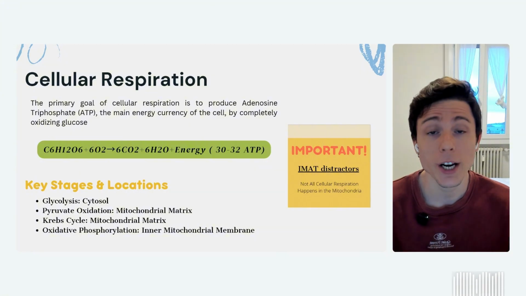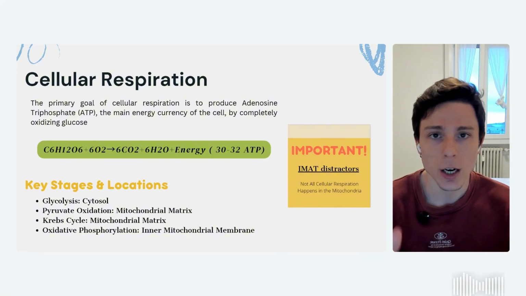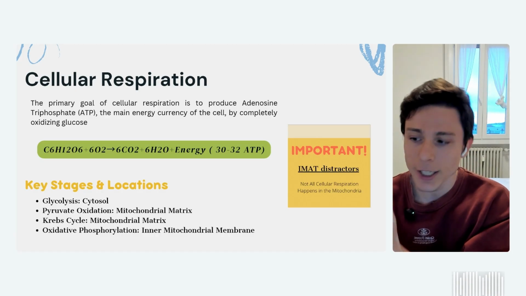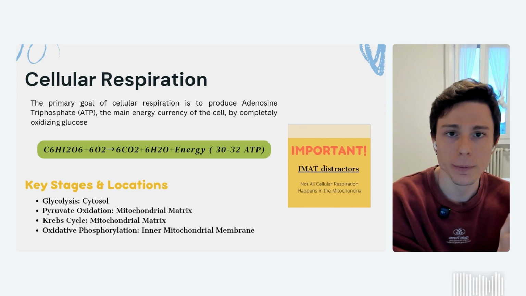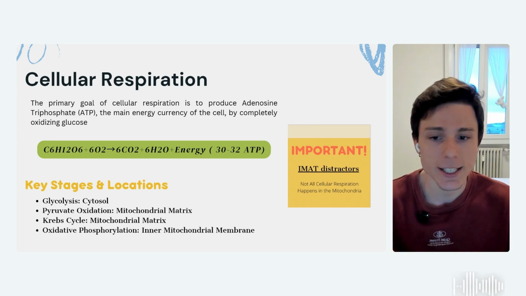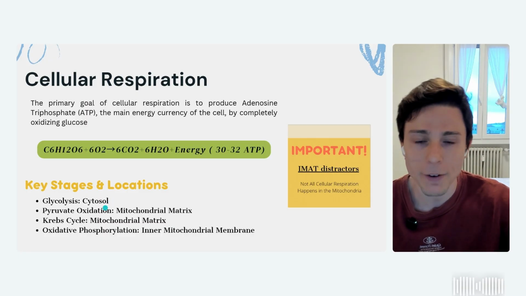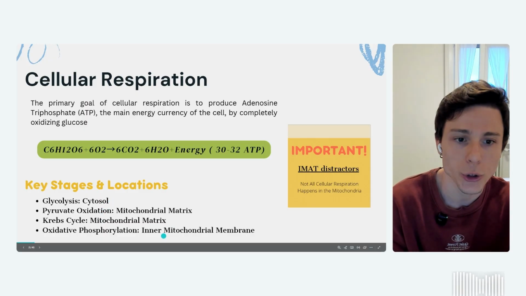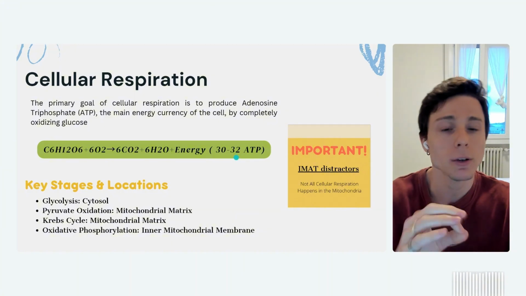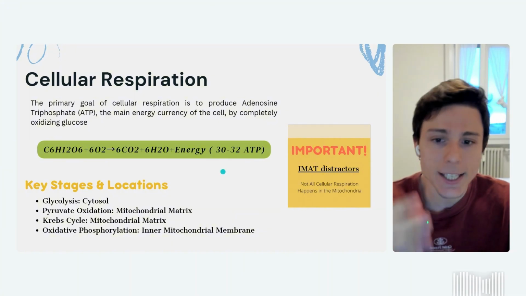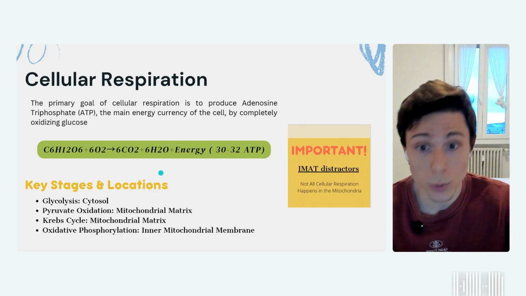Let's talk about whenever we have enough oxygen in our process, okay? We're talking about cellular respiration, we're talking about pyruvate entering the mitochondria. Because the true thing is, glycolysis is the only step that happens in the cytosol. After that, every single process is going to happen in the mitochondria. The idea here is to produce a lot of energy, around 30 to 32 ATP. We're going to see how we're going to get this. And as other byproducts, we're going to have the CO2 and the water.